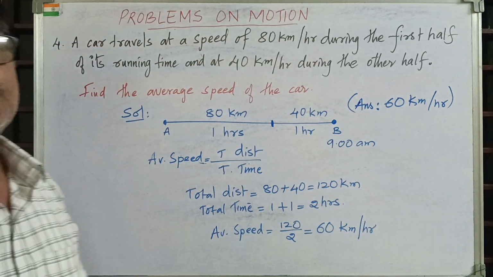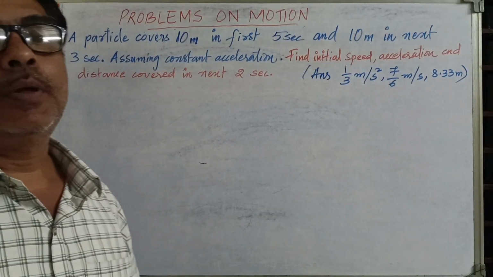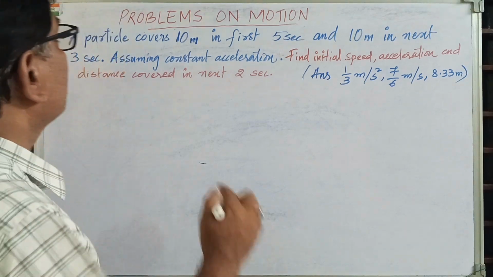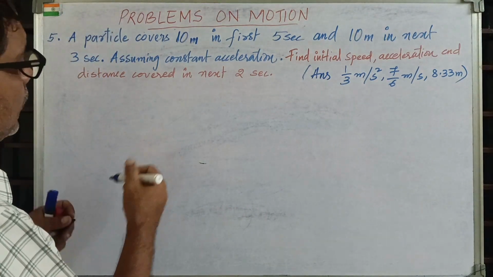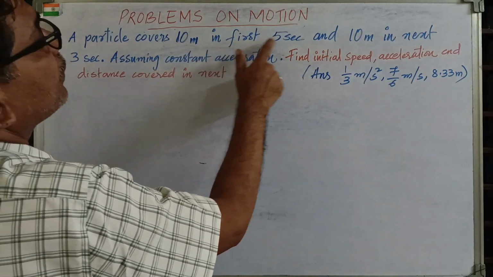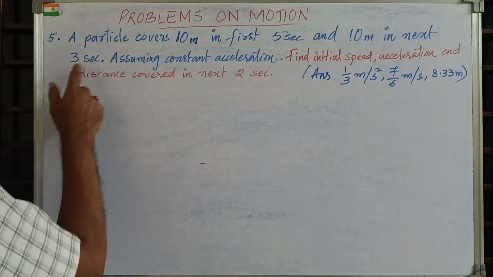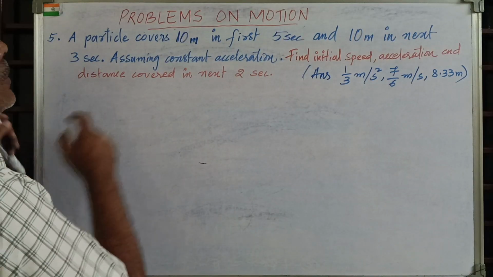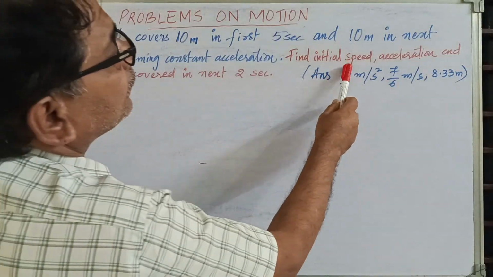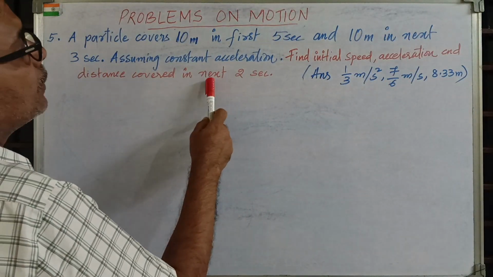Let's now see the next problem. It's a wonderful problem, a very important problem, a big problem also. Concentrate well on this problem. So what is told? A particle covers 10 meter in the first 5 seconds and 10 meter in the next 3 seconds. Assume constant acceleration. You have to find the initial speed, the acceleration, and the distance covered in the next